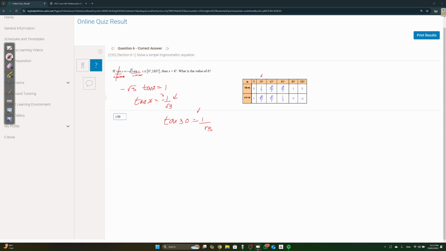So here you have two choices, okay? What some people do is they do tan negative 30 is equal to negative 1 over root 3. This is allowed in math. For tan and sine, if you want to put negative on the answer, you can put it into the angle, okay? Now we found the angle. It's negative 30, but we know it needs to be between 0 and 180. So what can you do? For tan x,